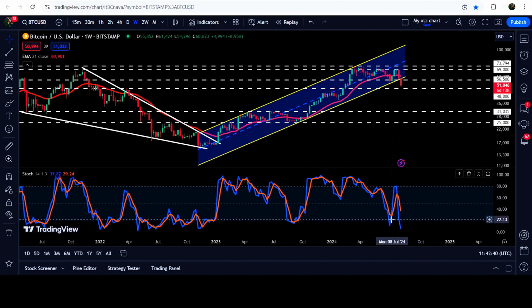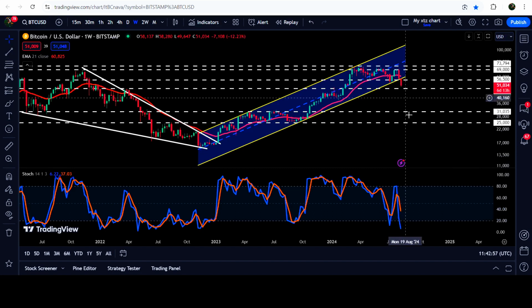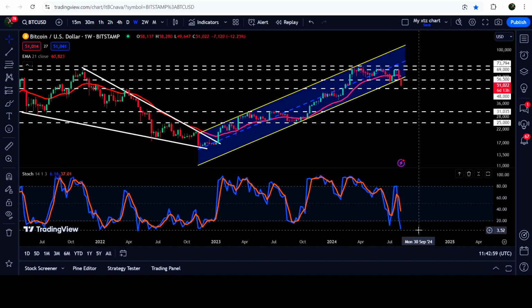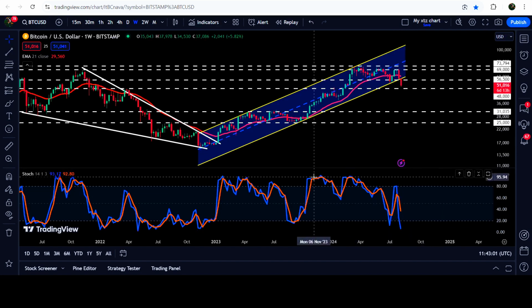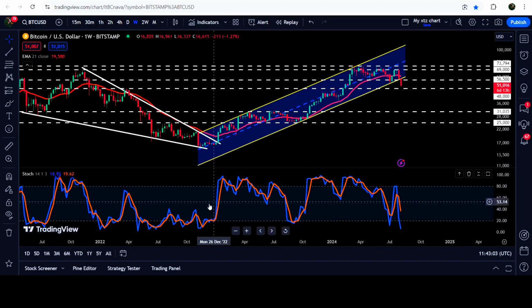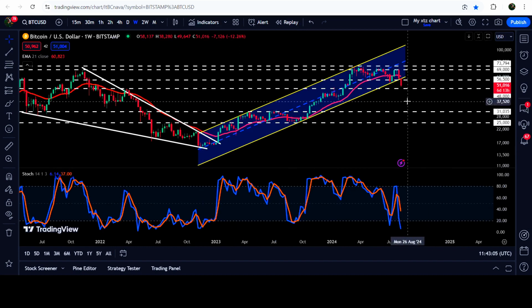And previously, when this fast line entered the oversold zone here, the slow line did not enter, and we received a bull cross, and we had a short rally. But it's possible that if we receive a bull cross before this slow line enters the oversold zone, then we may see another correction move to the upside. However, if both lines enter the oversold zone and we receive a complete bull cross like we received here and here as well, then the price can start another correction move on the weekly time frame chart as well.